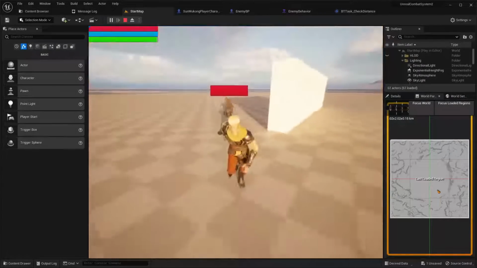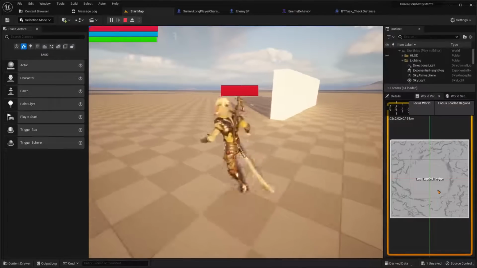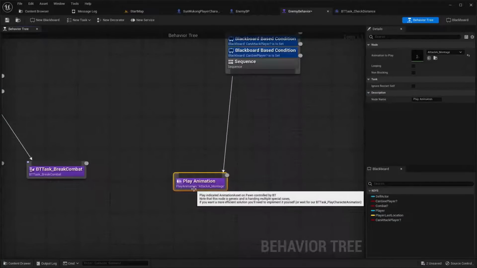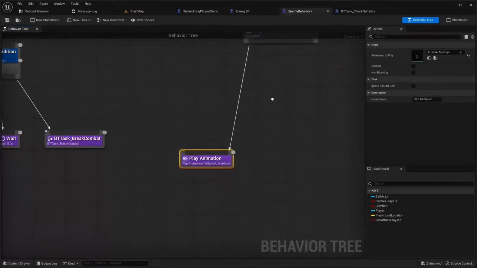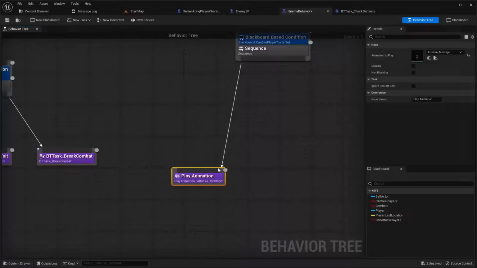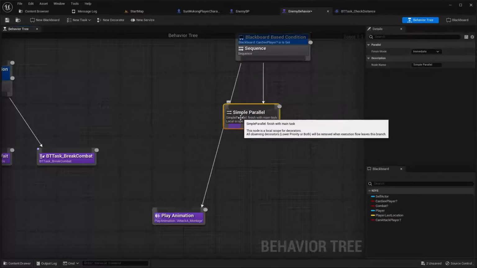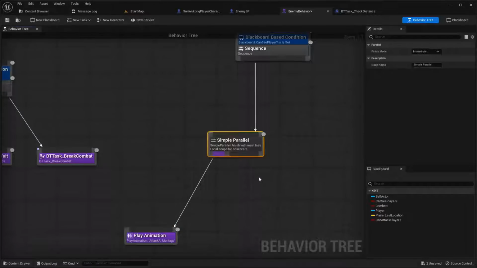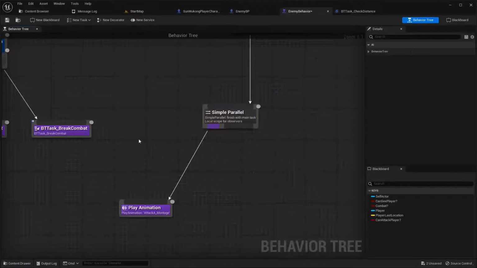If I go away, is going to keep playing the same attack, because I need to break this function as well. So I need to create a check here as well. So let's see. I think I'm going to be using a simple parallel here as well. So I'm going to, from this I'm going to get simple parallel, just like that. And while he's playing this animation, he's going to be checking the distance, and it's going to also do damage. Yeah. So I'm going to get this